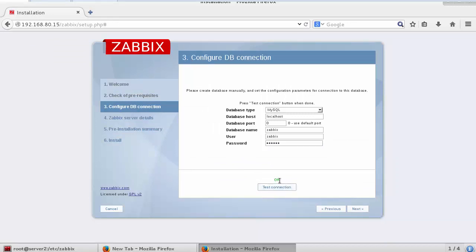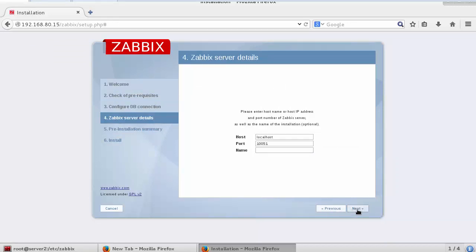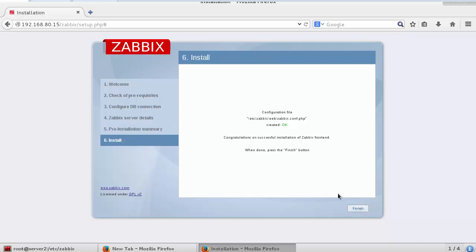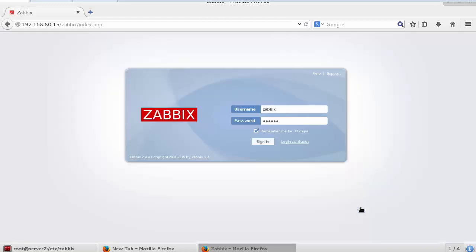Here you can see okay, and then next. Server details: the host name localhost, port number, name is okay. Now the pre-installation summary, you can check this kind of information. Okay, next. Then the install finishes.